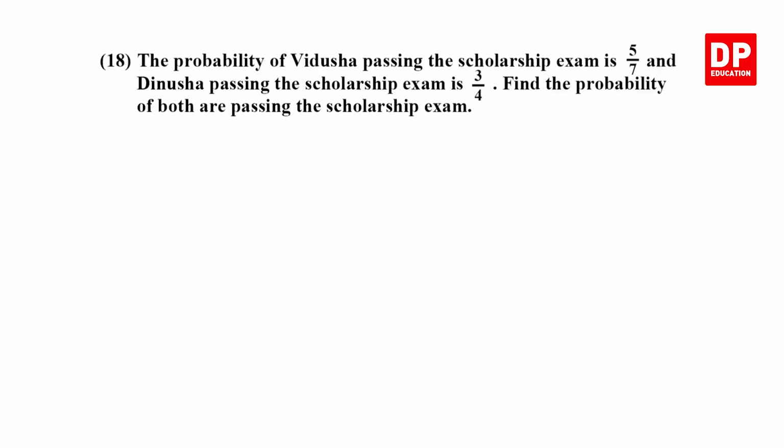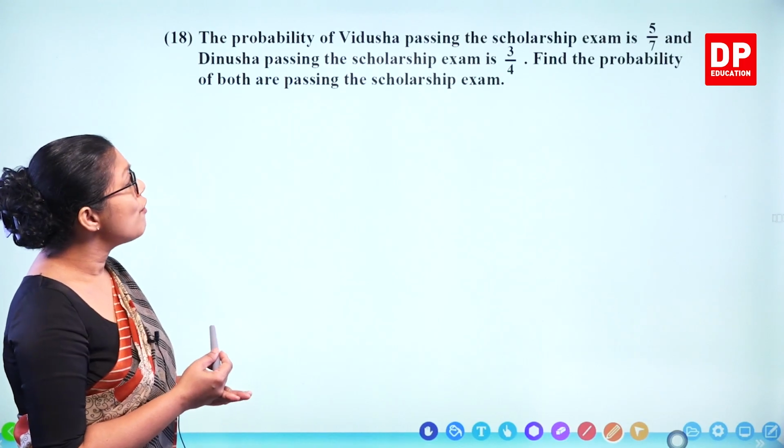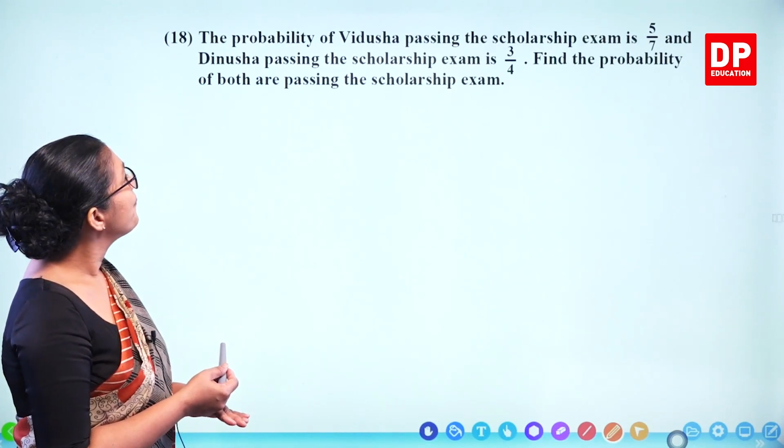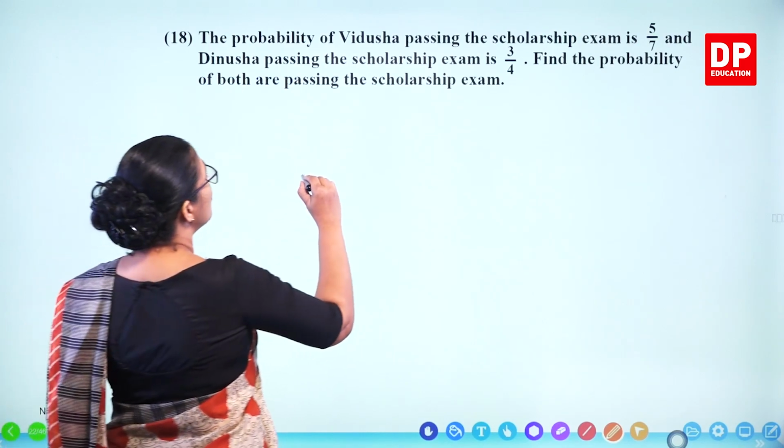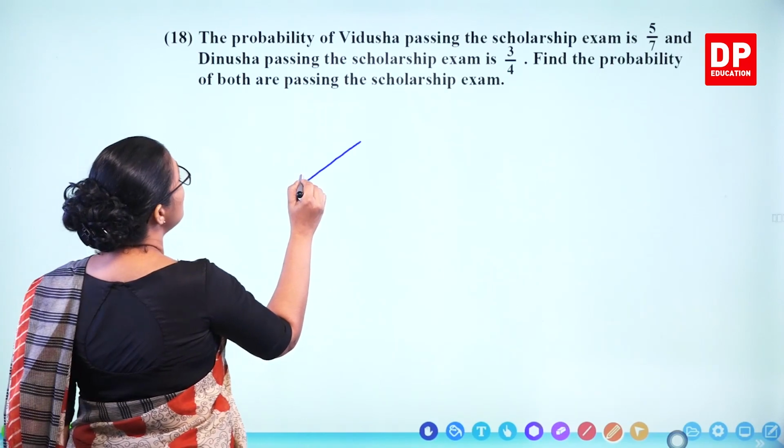Question number 18. The probability of Vidusha passing the scholarship exam is 5/7. And Vinusha passing the scholarship exam is 3/4. Find the probability of both are passing the scholarship exam. So if you are planning to draw a tree diagram, how you draw? So if you take Vidusha,